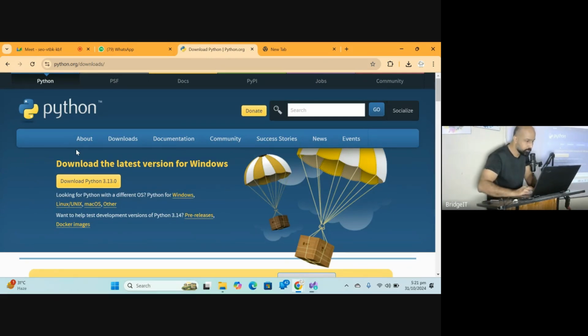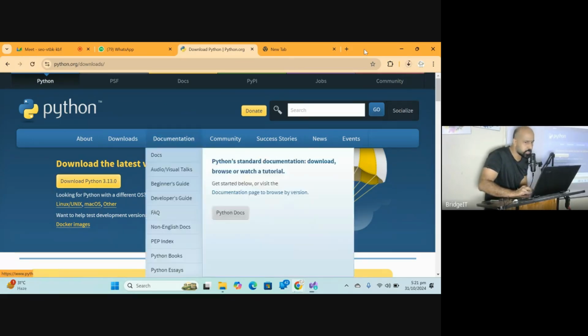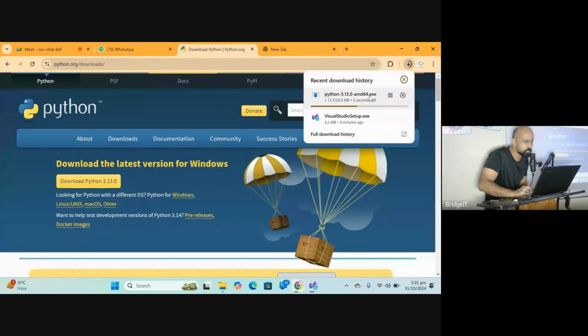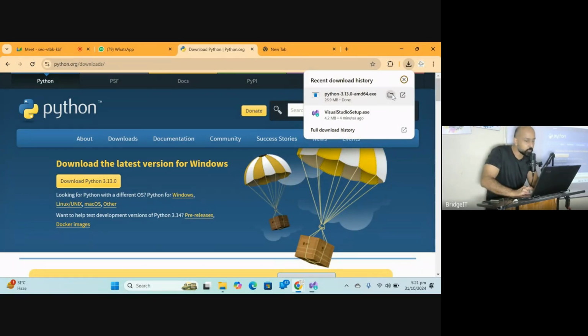You go there and simply click on Download Python. You will get a program which is not more than 25, 26 or 27 MB. It's a small program, just a compiler. It's not a sophisticated IDE, but you will be needing this file beforehand.